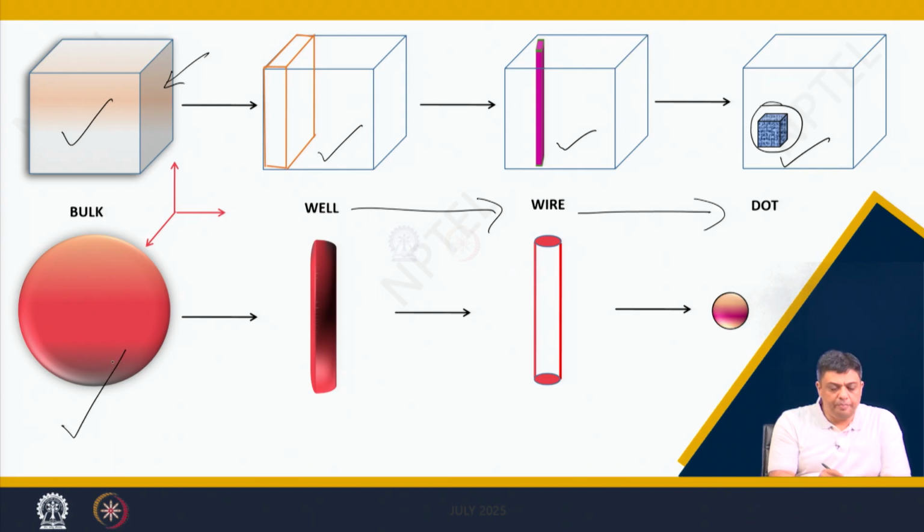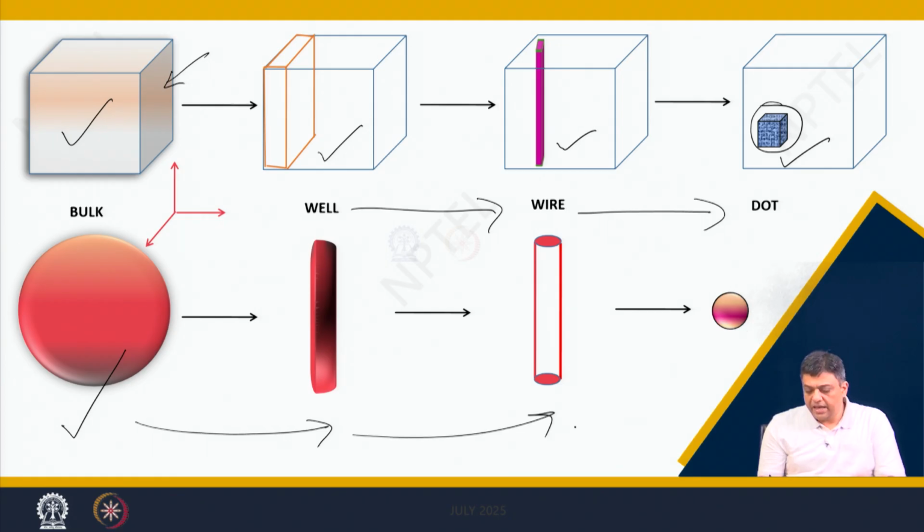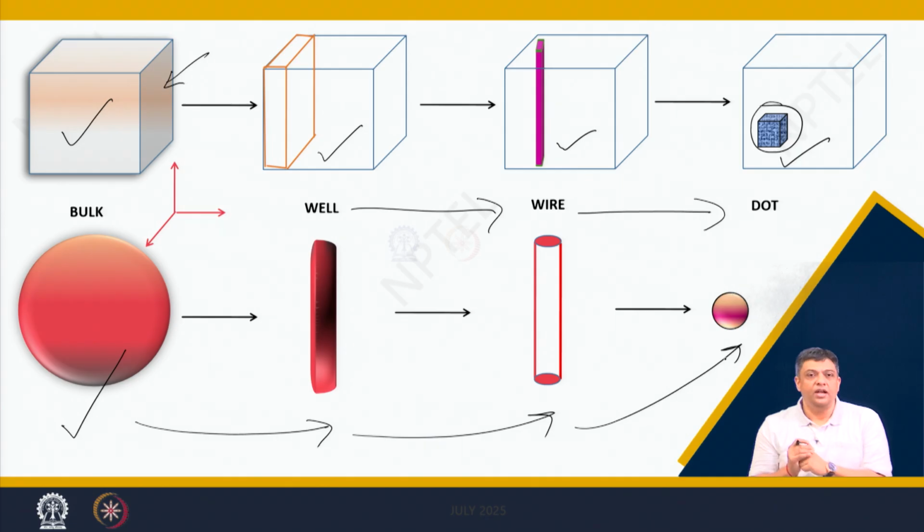Similarly, if you see a bulk spherical particle, the quantum well of the spherical particle would look like this, the wire would look like this, and then you have a dot looking like this. So, this is the thing which we are talking about: quantum well, quantum wire, quantum dot. We had talked about confinement effects, and we said in the previous lecture that the electron will get confined. Let us see what we meant in this direction.